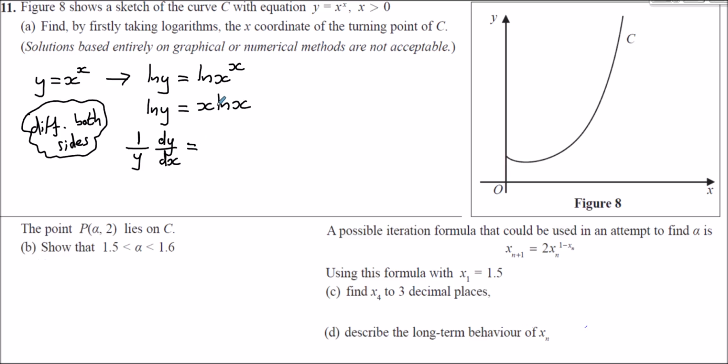And over here, this is going to be using the product rule for differentiation. So I'm going to differentiate the x to 1, leave the ln x as it is. So I just get 1 lot of ln x. Now I'm going to leave the x on its own and differentiate ln x. And ln x differentiates to 1 over x. So that obviously simplifies to ln of x plus 1. Now if I multiply both sides of this by y,